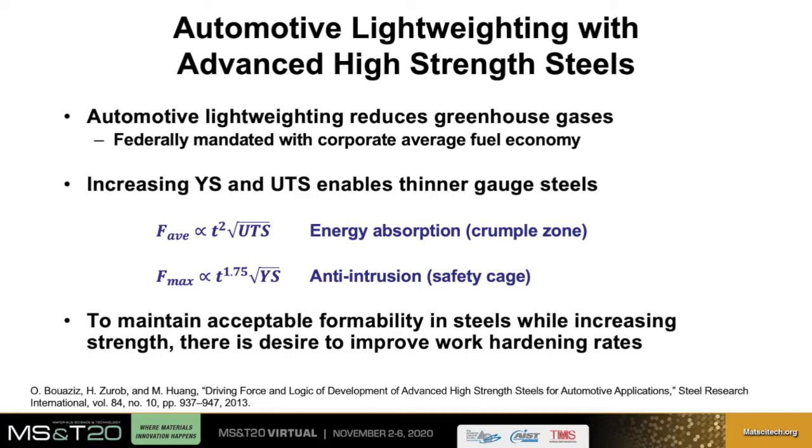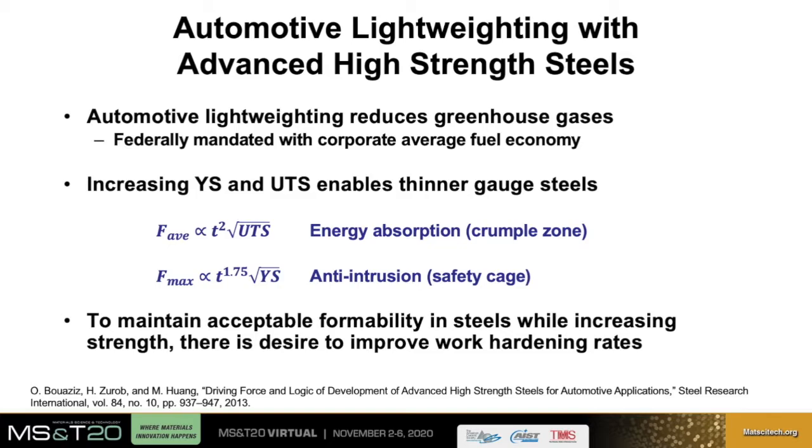The motivation for this work is that automotive lightweighting has the potential to greatly reduce anthropogenic greenhouse gas emissions. In fact, improving fuel economy has been mandated by the USA with the CAFE standards. A great way to reduce body-in-white mass is to reduce gauge thickness of the steels used to construct the vehicle. However, to maintain an acceptable level of passenger safety, we need to maintain the energy absorption and anti-intrusion